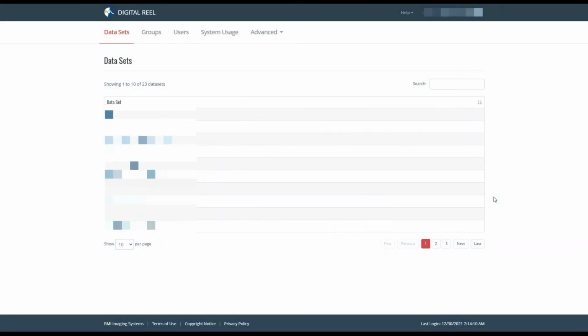Let's go over how to create a group in Digital ReeL. Creating a group is how you assign users to a particular data set within your Digital ReeL application. And as an admin, you will have tabs at the top of your application that are not available to standard users. So to create a group, you click on the Group tab,